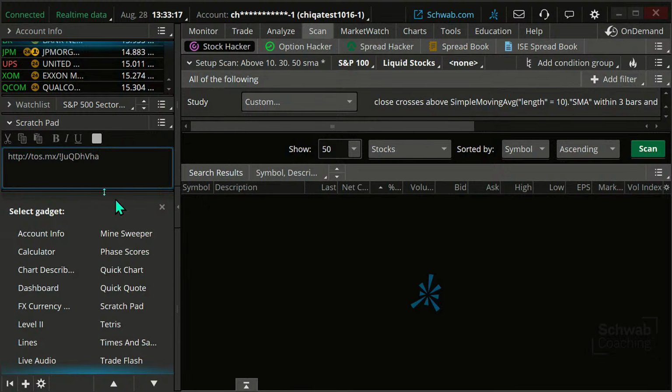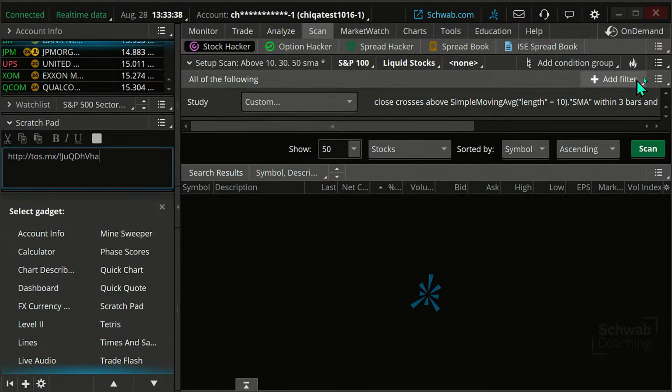There we go. It's exclamation point JUQDHVHA. It is case sensitive, so you have to capitalize the J, the Q, the D, the V, okay?